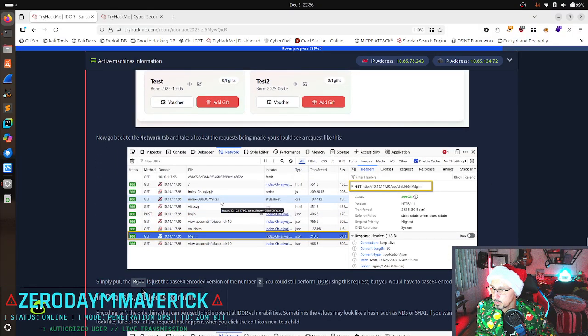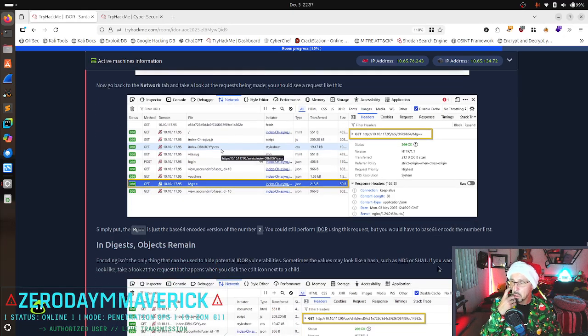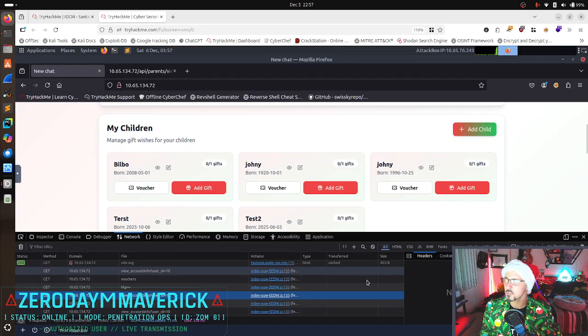Simply put, the MSG is just the base 64 encoded version of number 2. You could still perform IDOR, but you'd have to base encode your numbers first. We don't want to do that, do we? Which is interesting. That's not working though. So hold on.